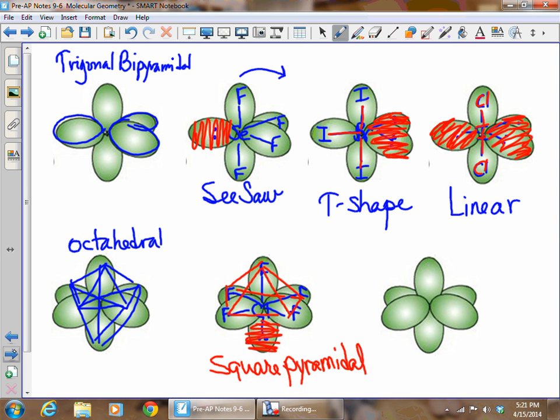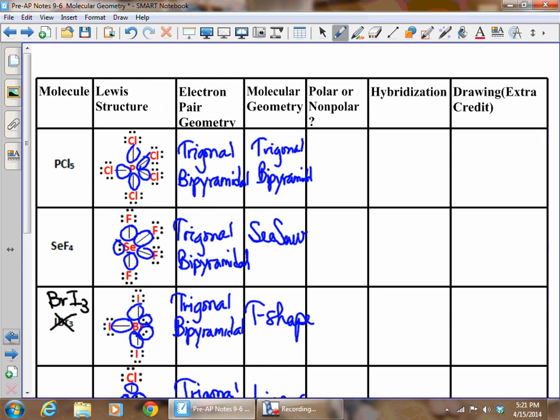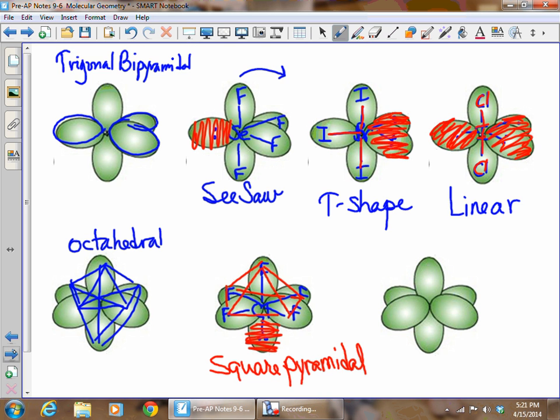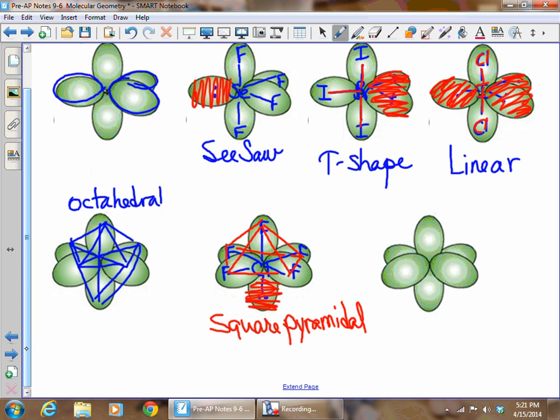This time we have our structure. Again, I keep turning it before I remember what the formula is. XeF4. So I've got Xe in the middle. We're going to put a lone pair on top and bottom. It doesn't matter where the lone pair is, but they have to be straight across from each other. Lone pairs do not like each other. They're hugely repulsive. So top and bottom away from each other, and now the F's come off around this central